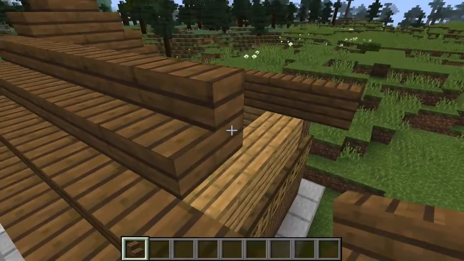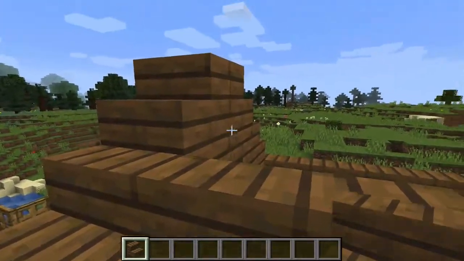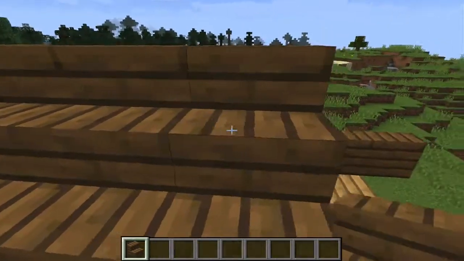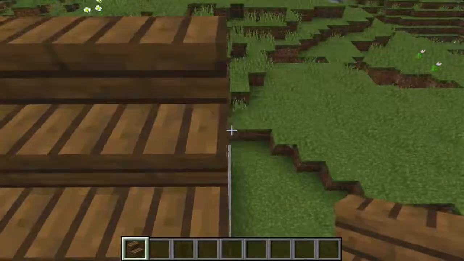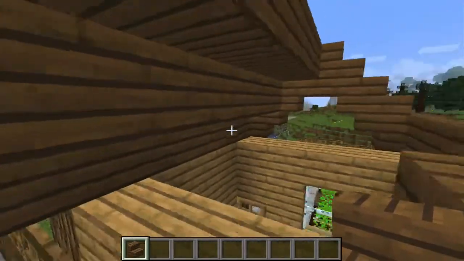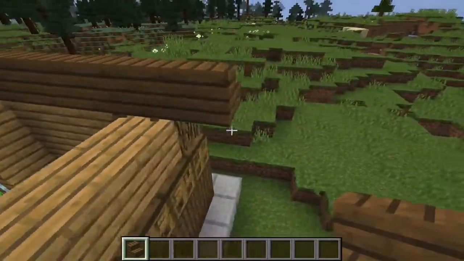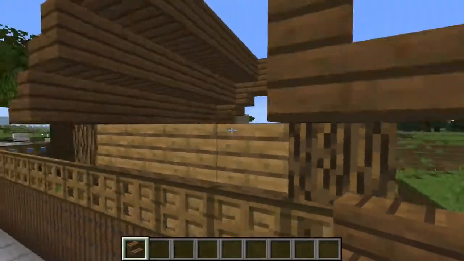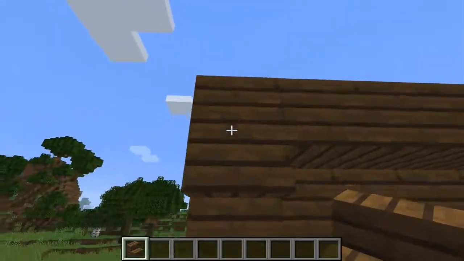Damn. Okay, I don't know why I'm having trouble staying positioned to place blocks. I don't know what it is with me today, but apparently I can't do this in a timely manner. Okay, so this should look very interesting from the back. Where is that extra? Oh, it's here. Ugh. Okay. That's about as high as I want it to be. So we're gonna go...